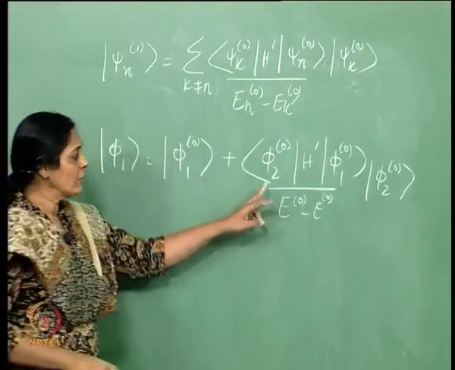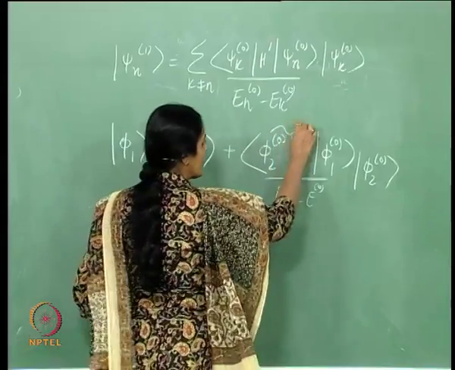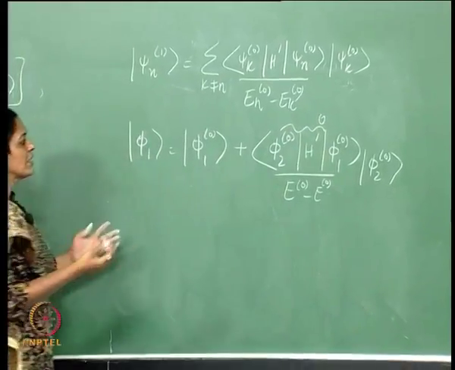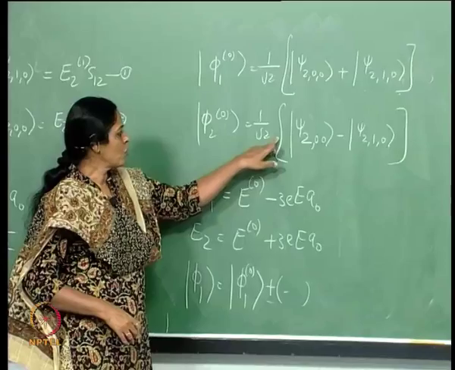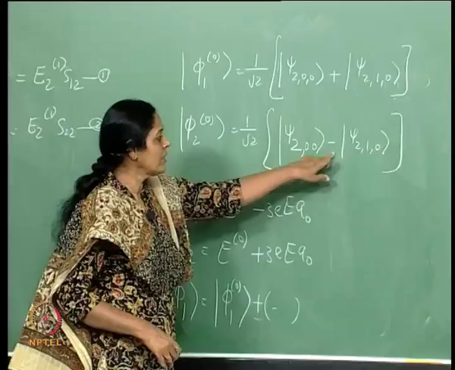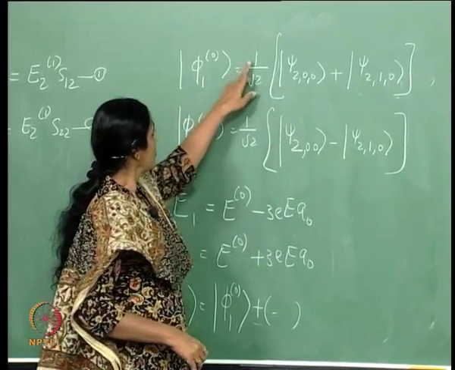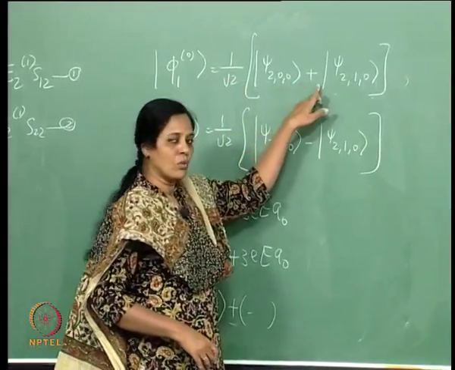The only thing we need to check out is that this matrix element is 0, which indeed it is, because if you feed in phi 2 0 is 1 by root 2 psi 2 0 0 minus this, and phi 1 0 is 1 by root 2 psi 2 0 0 plus this,